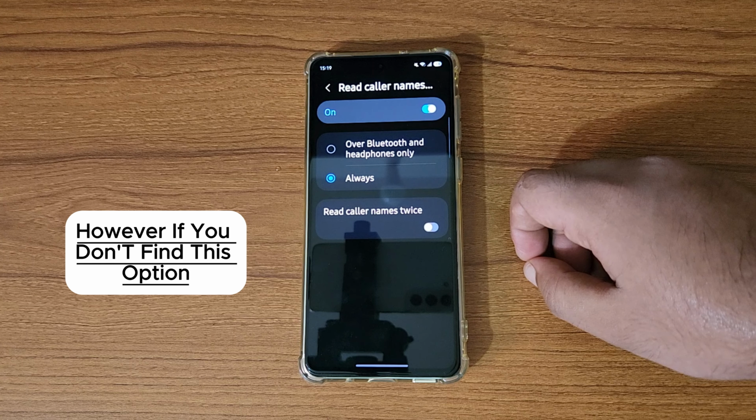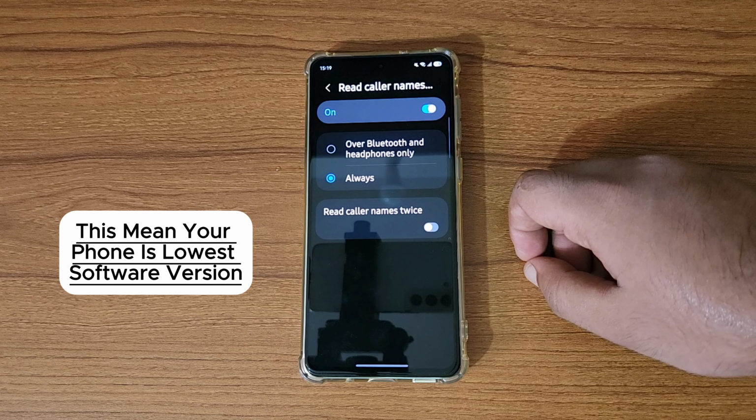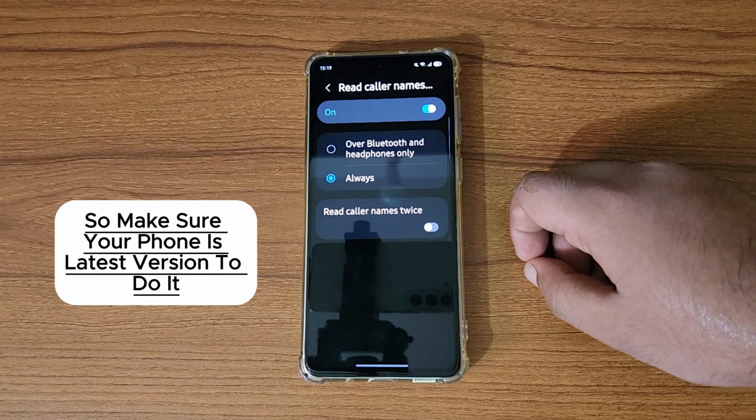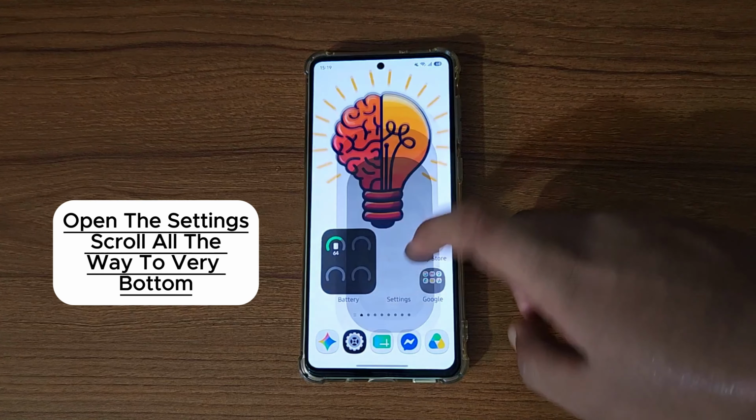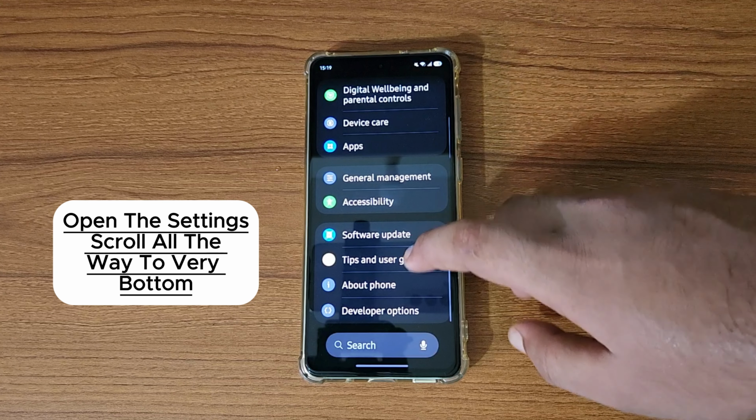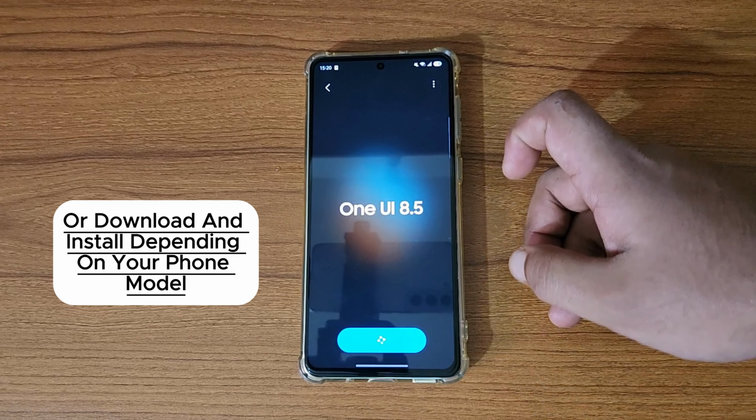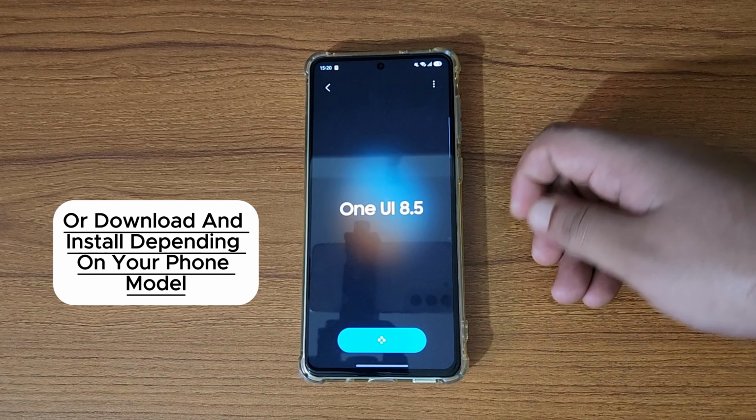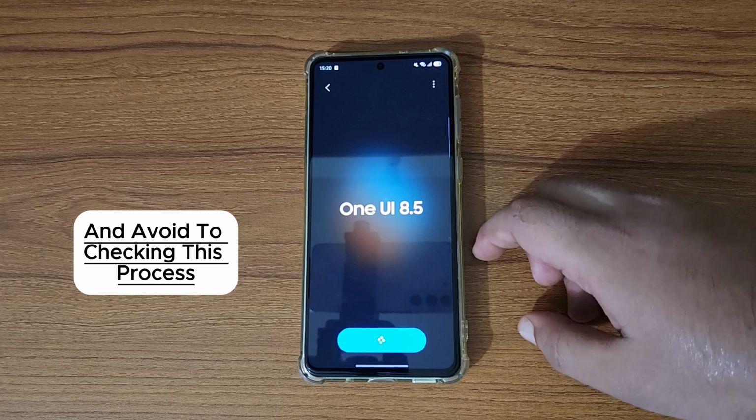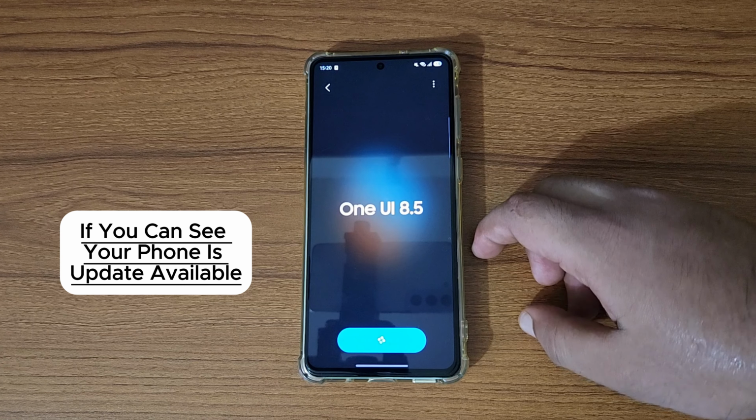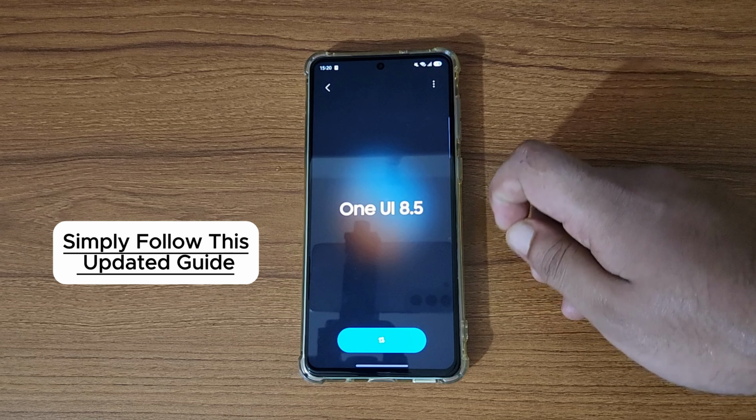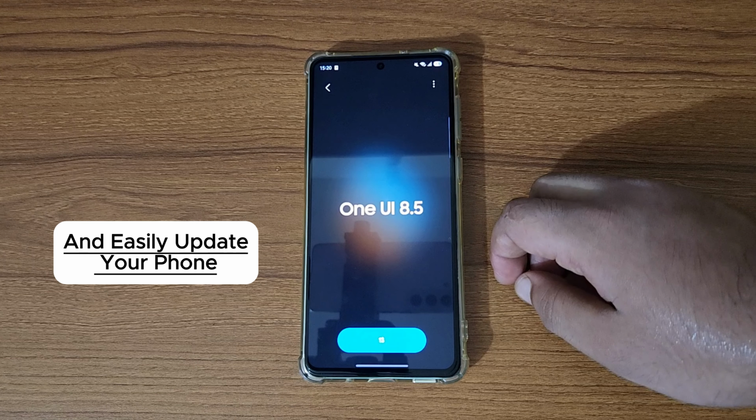However, if you don't find this option, this means your phone has an older software version, so make sure your phone is on the latest version. To do it, open the settings, scroll all the way to the very bottom, go to software update, then tap on check for updates or download and install, depending on your phone model, and wait for the checking process. If you can see that an update is available, simply follow the update guide and easily update your phone